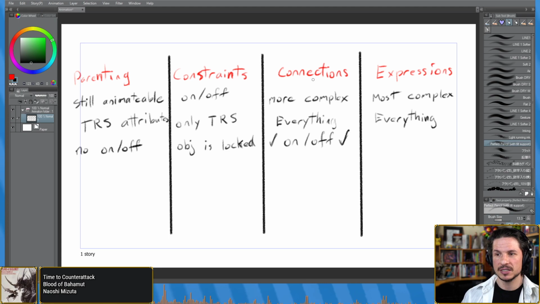But the thing with connections versus constraints is that connections are a direct link, whereas constraints are an extra object, an extra little node that gets created. So it gives you the ability to select and move that a little bit more easily. So to kind of summarize all of this, really,